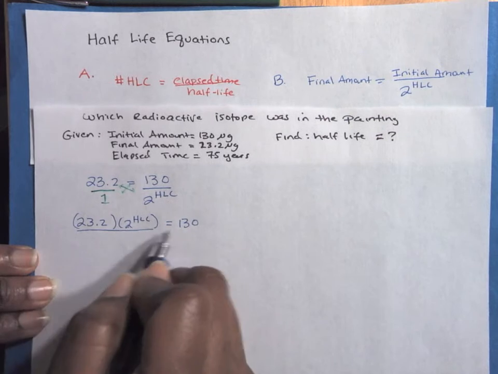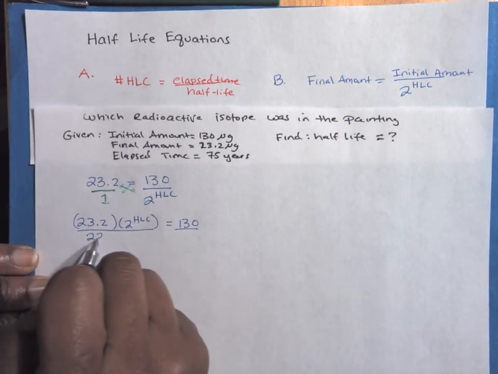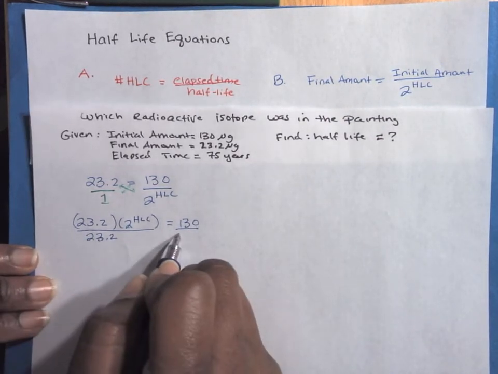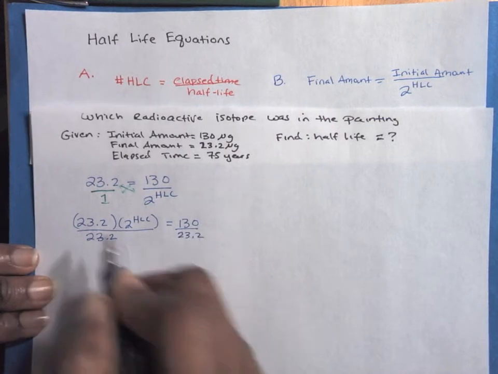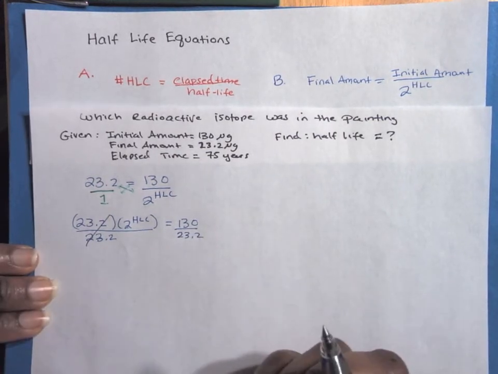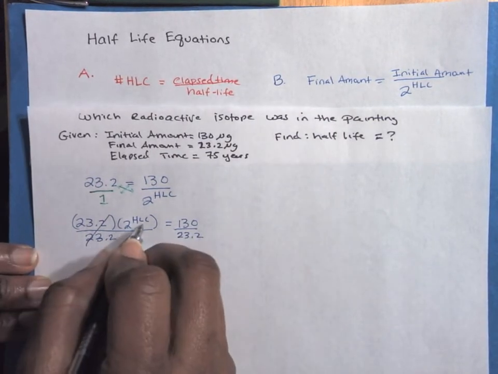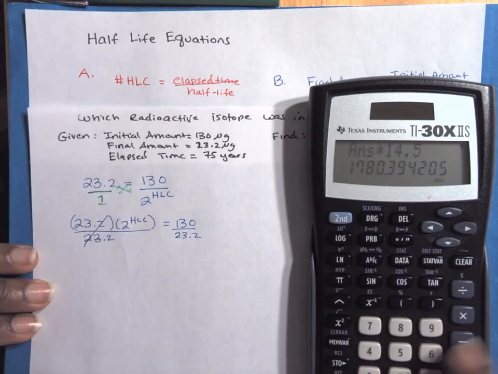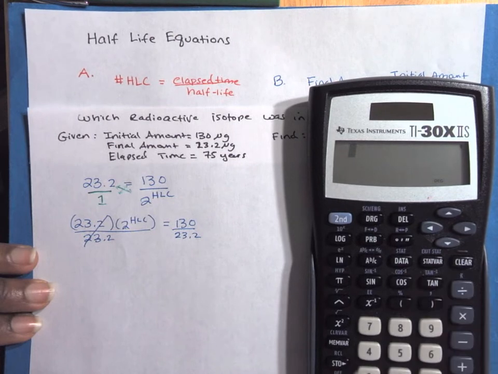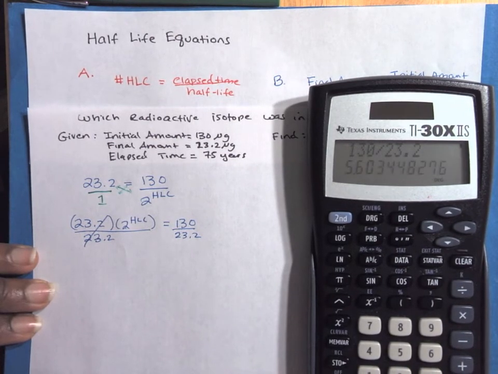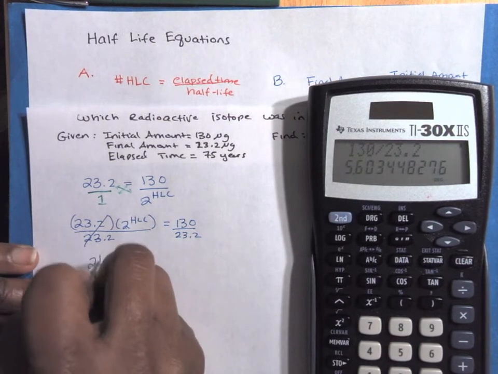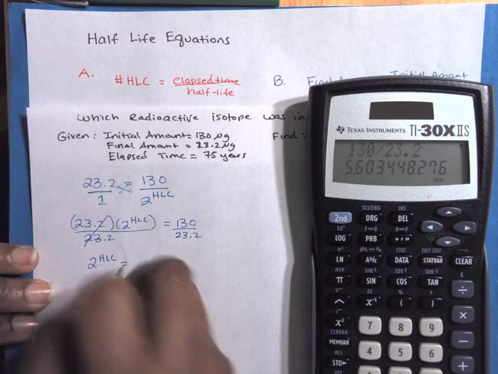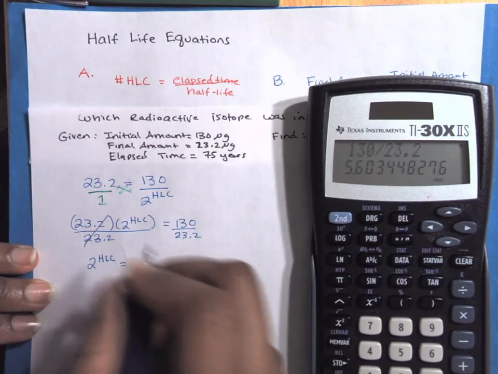In order to isolate it, I'm going to divide both sides by 23.2 to get that unknown further by itself. That takes care of that side. Now I have 2 raised to the power of HLC equal to 130 divided by 23.2. So let's figure out what 130 divided by 23.2 is. That's 5.60, right? So 2 raised to the power of HLC, our number of half-life cycles, is equal to